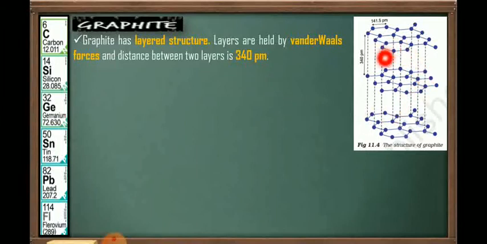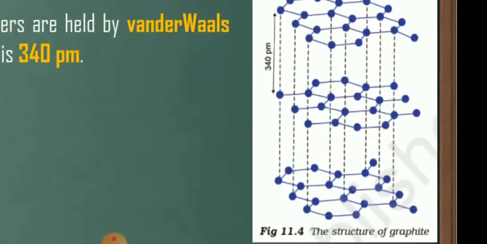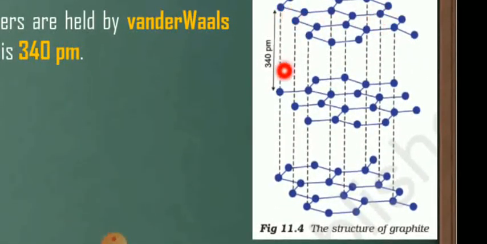Okay, look at this diagram. Here, this is one layer, this is another, and this one is the third layer. Graphite contains a layered structure, and between this layer and this layer there is no chemical bond, there is no covalent bond. These layers are held by van der Waals force of attraction. Between this layer and this layer, van der Waals force of attraction is there. Between this layer and again this layer, attraction is there, and these layers are separated by a certain distance, that's 340